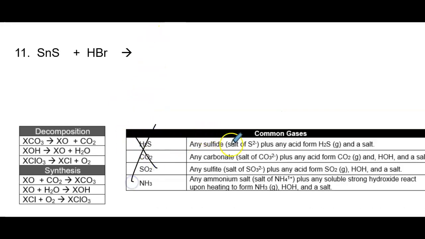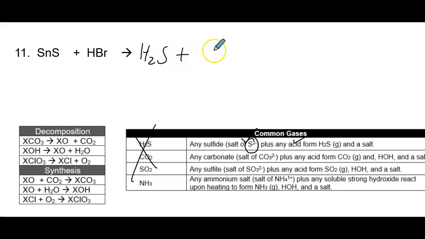Let me get my pen working again. Sorry about that. I see that it ends in S2 minus. One of the two do. It doesn't matter which one. It could be first or second. And then it says plus an acid. So that has to be two. All of these are two check system. Yes, that's true. Is there an acid? Of course. Remember, hydrogens in the front, we're going to claim are acids. Okay, so then it tells us it forms. So it's a yes and a yes. So it's going to form H2S